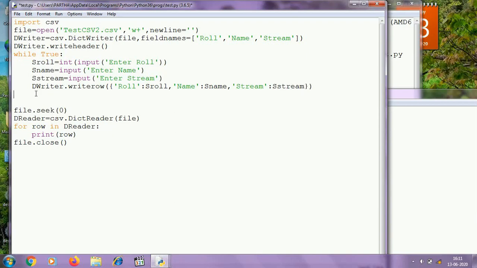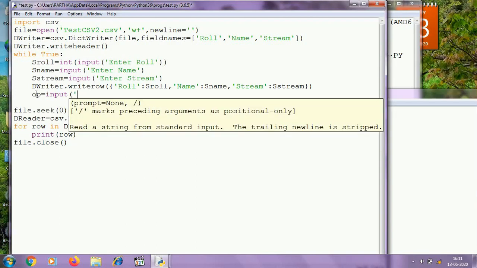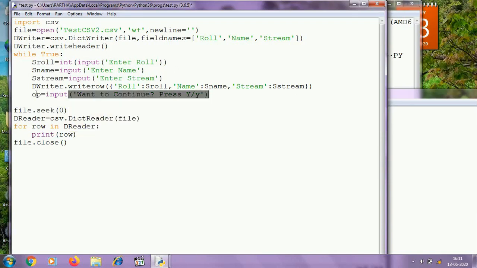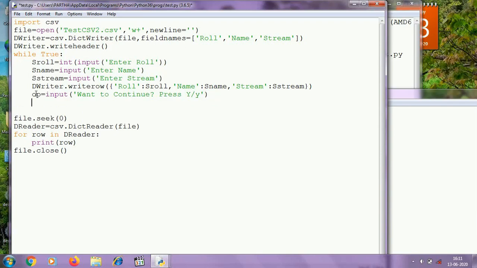And after writing the dictionary, I am going to ask the user whether he or she wants to write another record or not. If he or she wants to continue, then he or she has to press capital Y or small y.